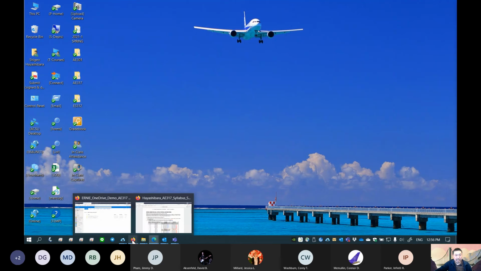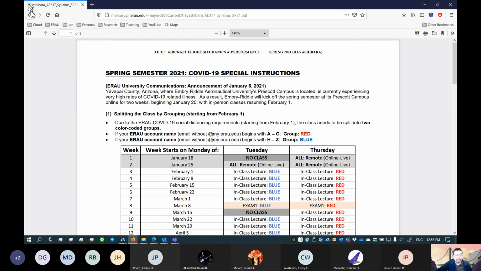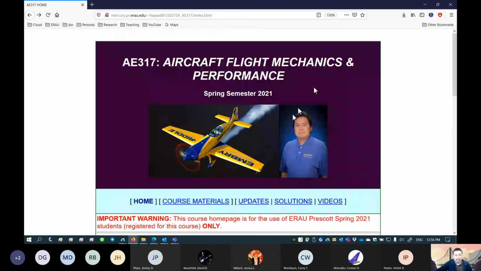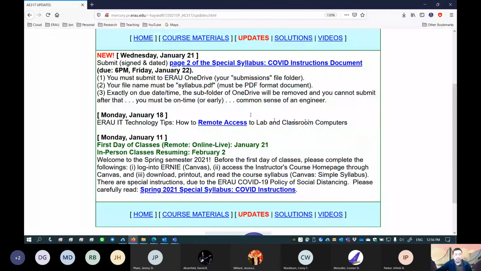Please don't forget today's update. You have to submit the signed and dated page 2 of the special syllabus COVID instructions document. Please submit it to the OneDrive.